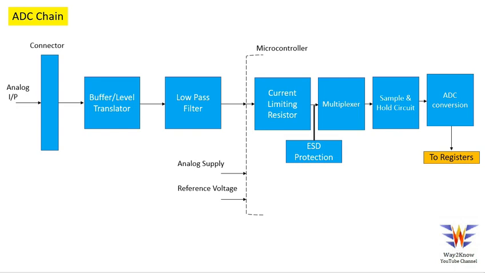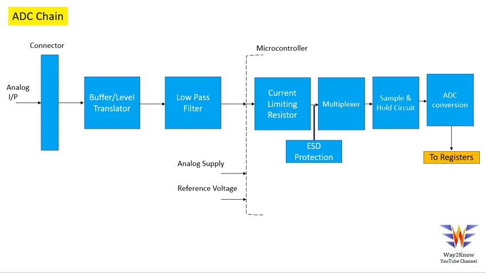So if you read about how ADC sampling happens, how ADC conversion happens, basically it happens through the sample and hold circuit, where each and every sample would be taken from a given analog signal, and then it is held at that level for some time, and this forms a small digital level. So that is how the sample and hold basically works. We will discuss sample and hold in another video.